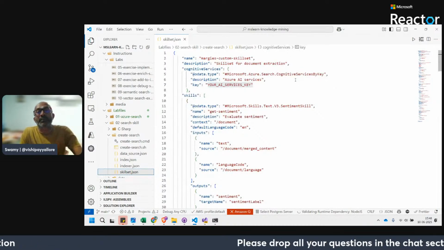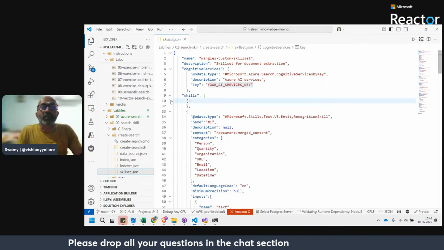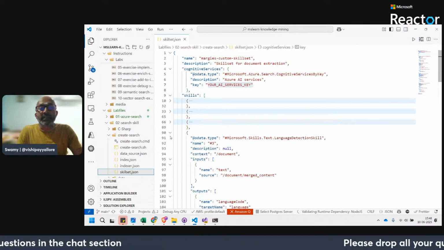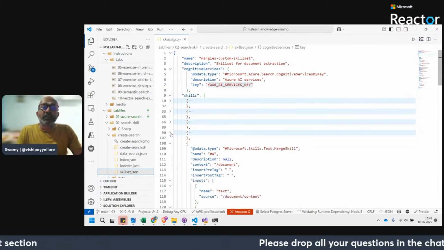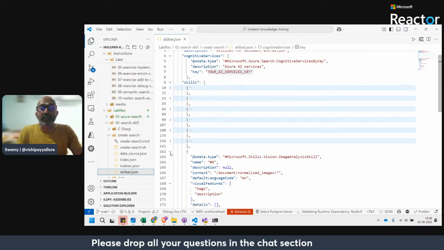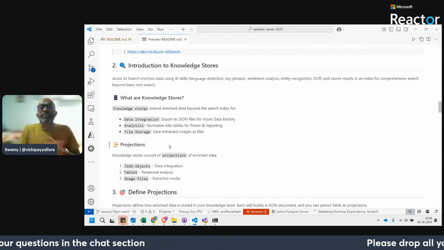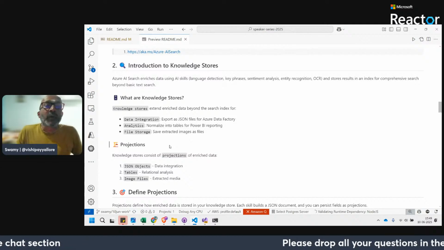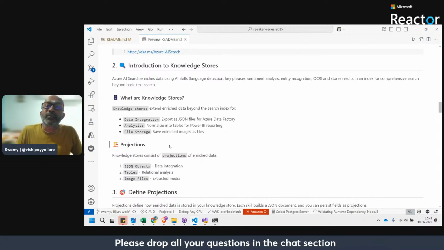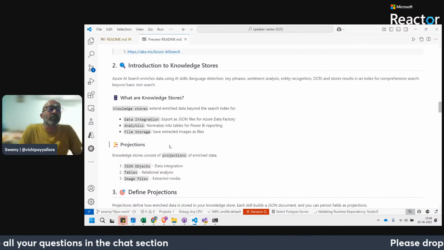So you can see those skill sets, whether the sentiment analysis skill, entity recognition, OCR, key phrase extraction, language detection, or merge skill. You saw OCR and image analysis. Okay, some of the existing ones. While it is doing that, it stores the result in an index for comprehensive search beyond the basic text. We know that.